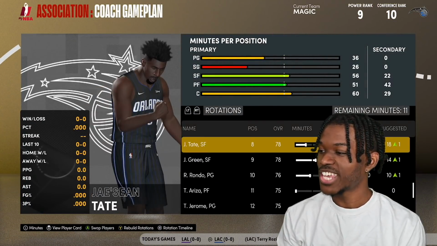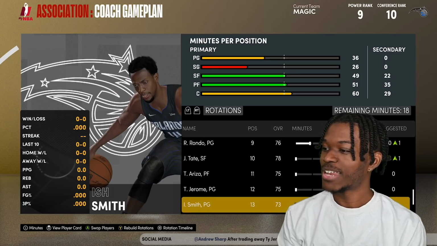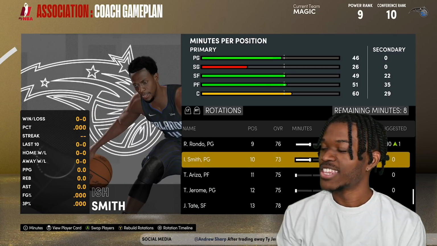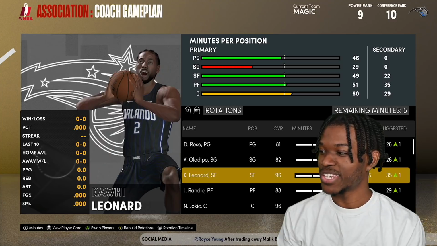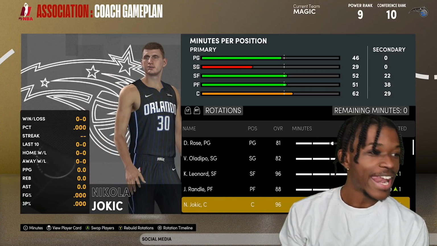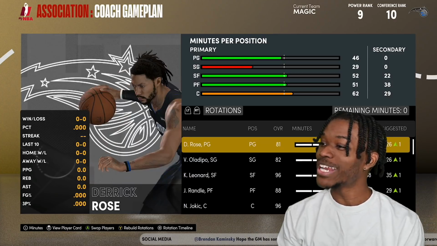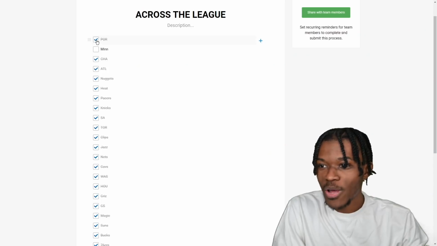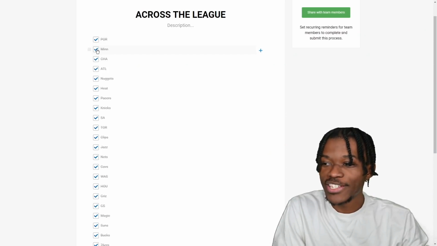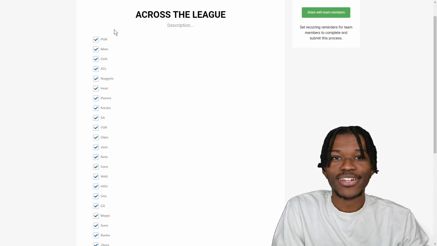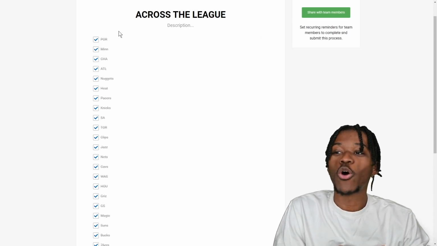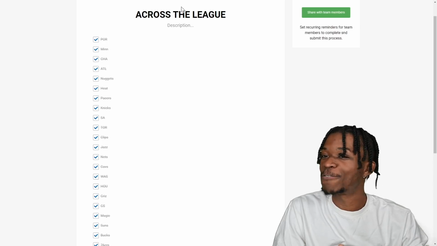When we take Jayshawn Tate out, we have a 10-man rotation that accounts for all 30 NBA teams. It took me an hour to do it, but it has been done. Because we have Melo in the lineup and we have Derrick Rose, that is completely done. Now I'm going to go back and check my work because I would hate for this video to come out